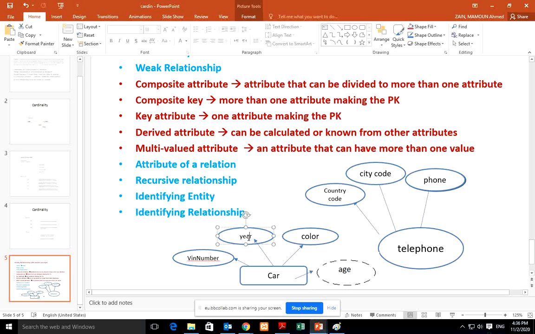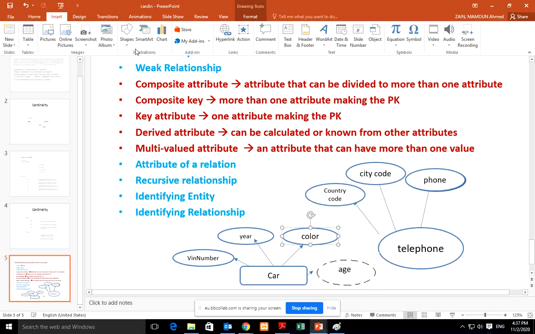So the car age, how old the car is, can be known from the year of the car. Yani the year this car is made. If this car is made in 2010, the age of this car is 10 years. If it is made in 2015, then the age of this car is 5 years, and so on. But now I'm going to talk about something else. This is derived, known from another attribute. Yani age is known from the year. But this color can be said to be